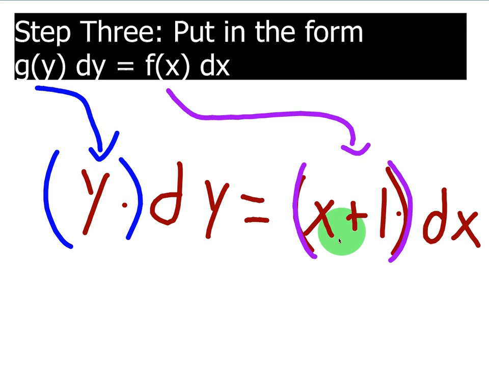Now, by the way, why are we doing all this? We're trying to get y by itself. By doing this,